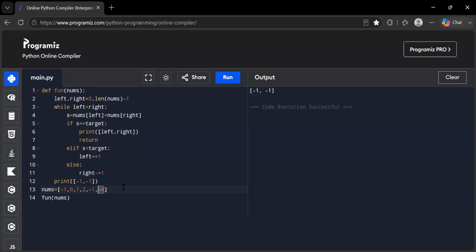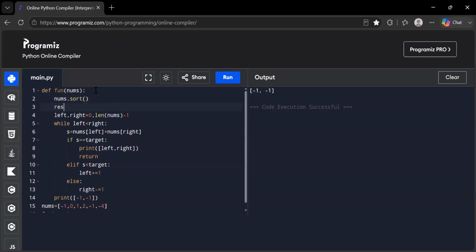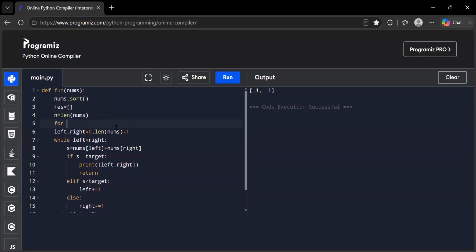So let's update the same question. What we will do, we will sort the array. So we will create a result empty array list. Now we will run a for loop over each element,